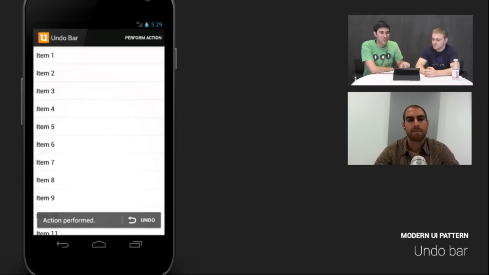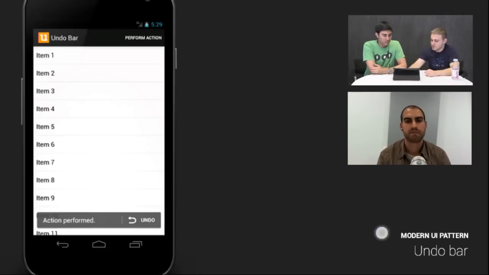Yeah, and I think if anyone's actually used one of these, you breathe a big sigh of relief. Like, I deleted something, I don't know where it went, and then tapping undo to quickly bring it back is a great experience. Okay, let's go to the next